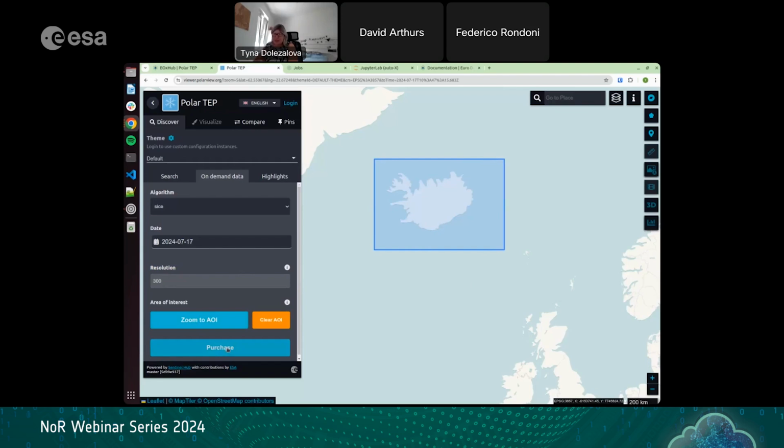You can obtain the results in multiple ways. One of them is you can download the data directly. The second option is the data can be stored on your PolarTap connected bucket, or it can be connected to other workspaces if you have it correctly set up on the PolarTap account. So this is one way how you can actually get the data, but maybe you have an algorithm you would